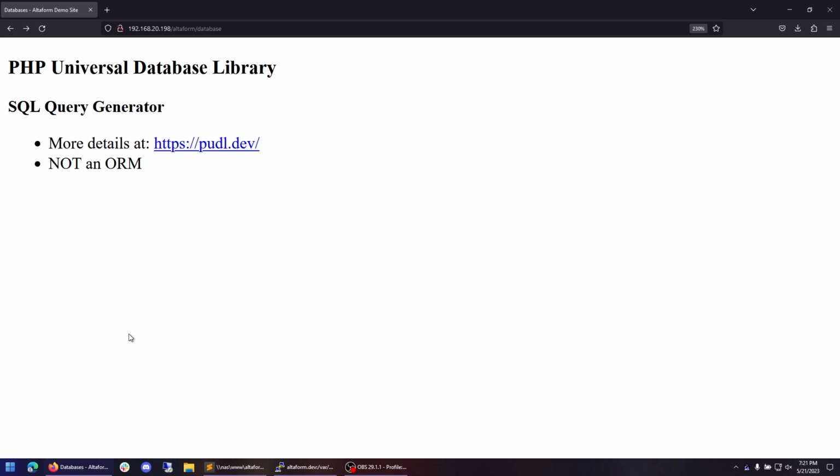The reason for this is that data sources often have more than one application interacting with them. Not every application will have control of the model. This puts the control of the model in the hands of the database administrator rather than the software engineers. This allows the database experts in the field to make informed decisions rather than having the software engineers make these decisions. As such, the first core principle of PUDL is that it can run raw, unmodified SQL queries. Let's see how this is done in action.